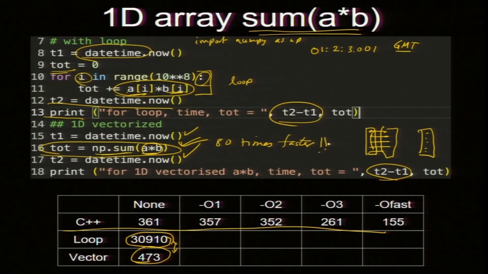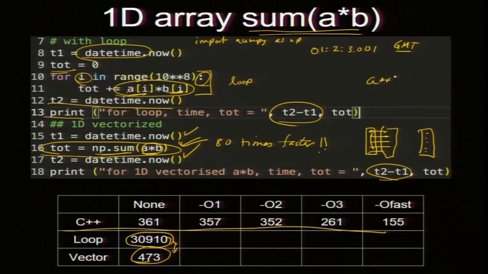So, what should we do? We should always use vectorized operations. And why is it fast? Because we have these array elements, there are a good number of registers in the CPU, and they come boom, it is like a hardware trick, it gives a result. So, it does it like that. So, it is faster than loop. Loop also is vectorized, but not as efficient as A star B. A star B is an efficient operation.